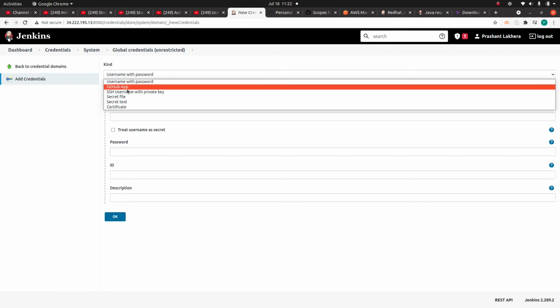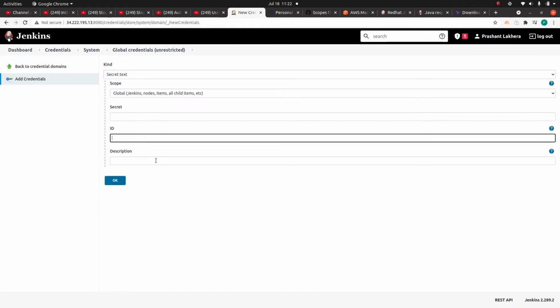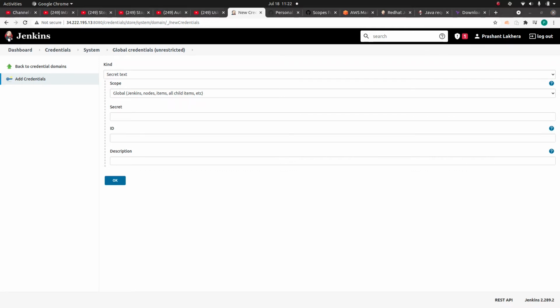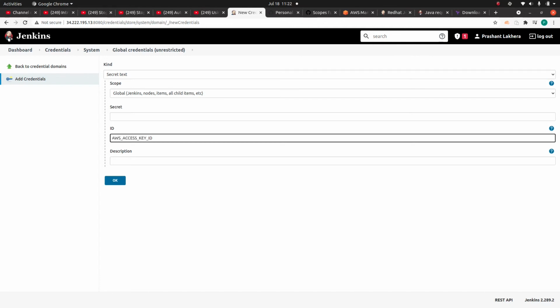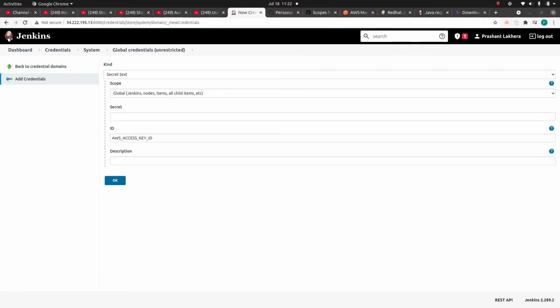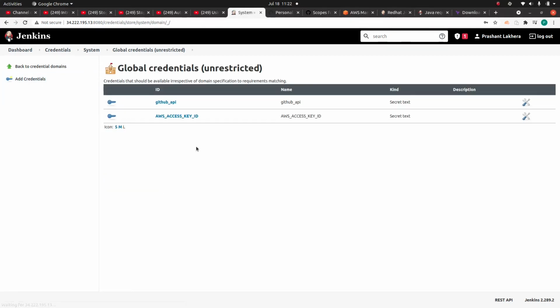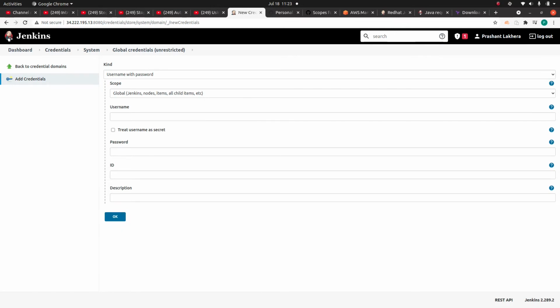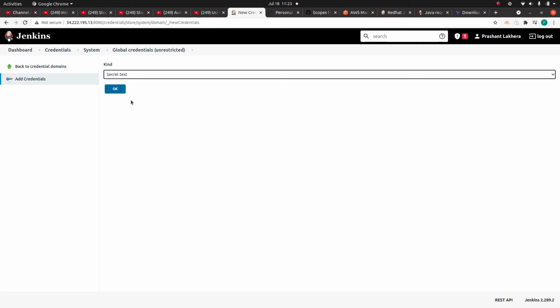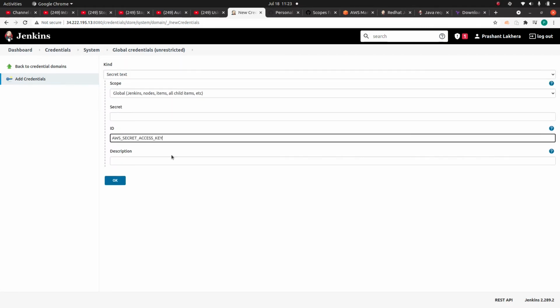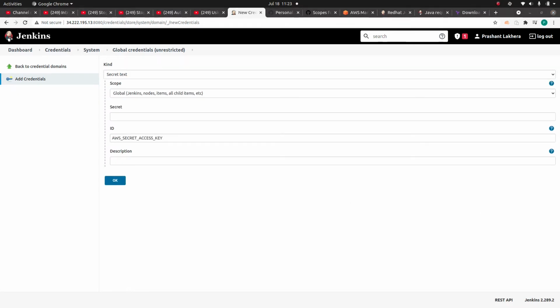Again it's going to be secret text, and the ID is, let me give you, this AWS access key ID, secret. Okay, the first one is this. Then AWS secret access key. Once again it is a secret text, and the ID is this.